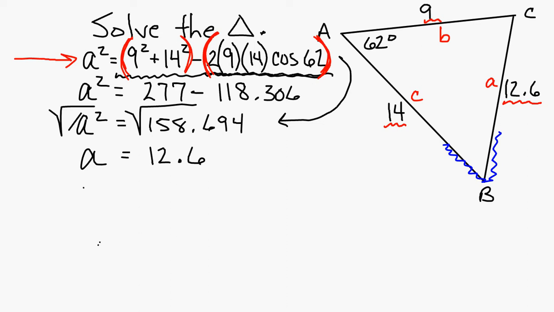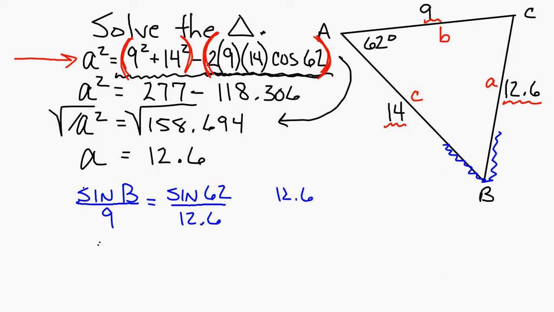And if we use law of sines to solve for angle B, your proportion would be sine of angle B over its opposite side, which is 9, equals sine of angle A, so sine 62 over 12.6. If you crisscross multiply, 12.6 times sine of B is going to be equal to 9 times sine 62. If you divide both sides by 12.6,